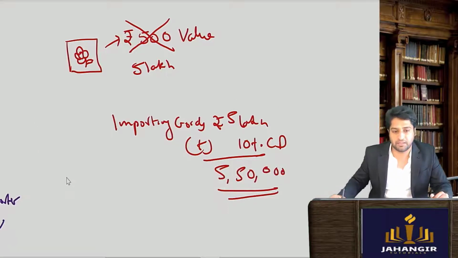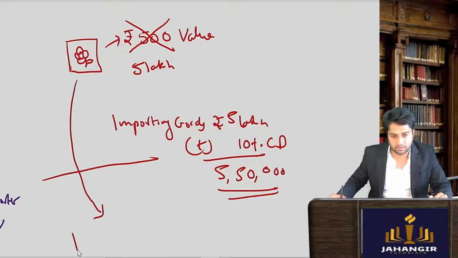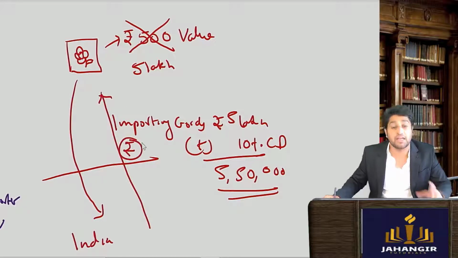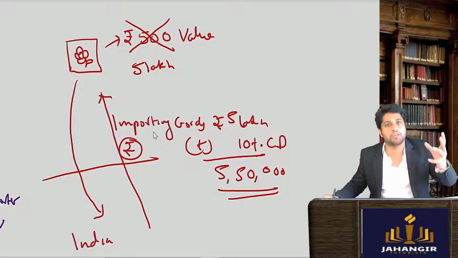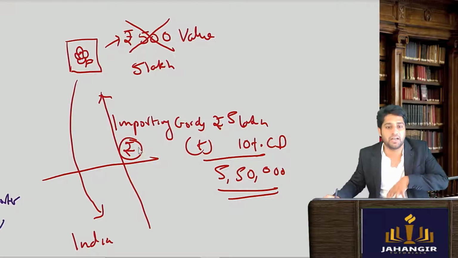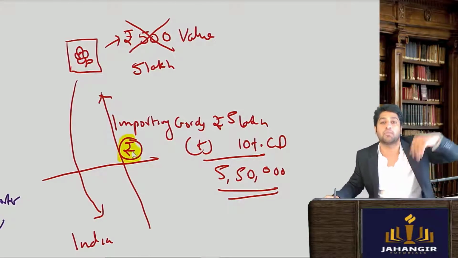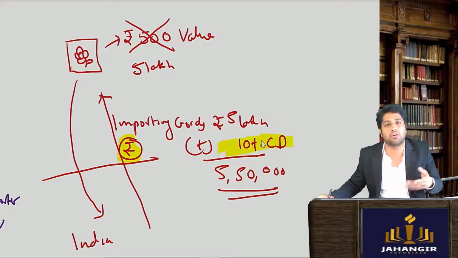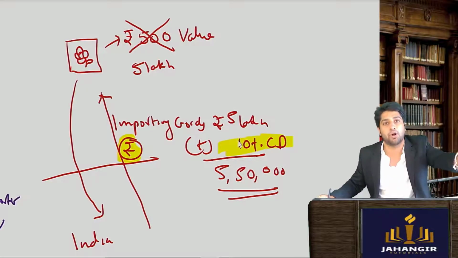Now what is happening? The painting will come into India and the money will flow outside India. It is possible because if I have crime proceeds in India, I want to somewhere route it abroad. I want to transfer it abroad. So I don't care about this custom duty and all of that. I'll happily pay my taxes. I need to transfer this money abroad.